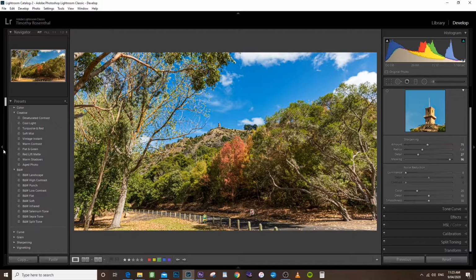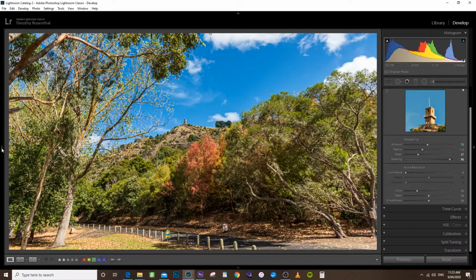Just make this a bit bigger. I'm not using this Navigator panel over here at the minute, so I'll just click this arrow and get rid of that. That just makes it a bit bigger and gives you a bit better of a workspace to work on. Okay, so next up,